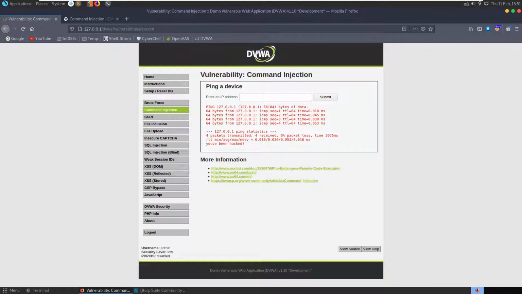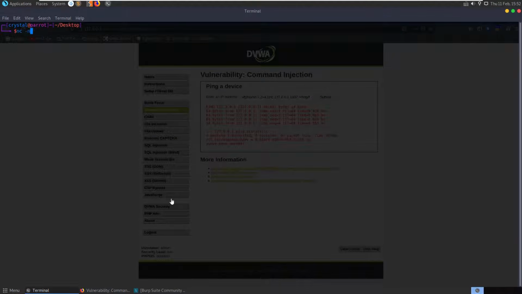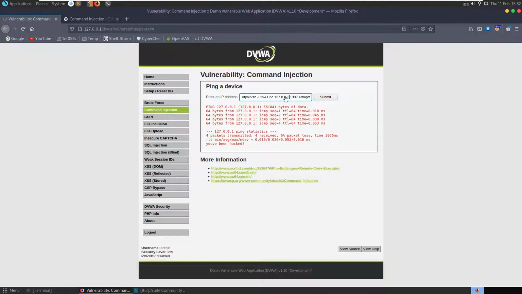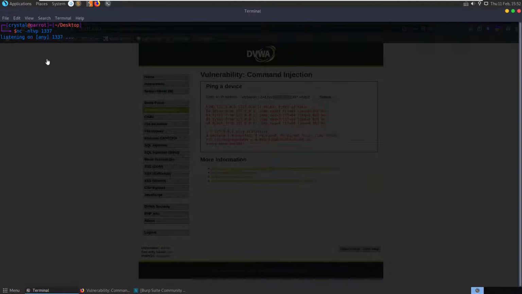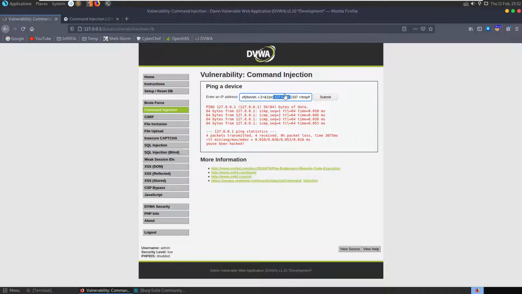I'm not too sure if this will work for us from the same address, but let's paste in this command here to get a reverse shell and try and send it back to 127.0.0.1 on port 1337. Let's set up a netcat listener with nc -nlvp on port 1337. So we're waiting for a connection, and obviously this is a local host, so we're getting a reverse shell from our actual host,